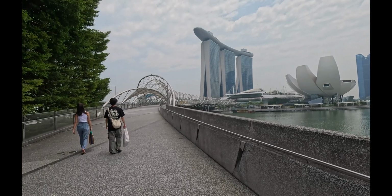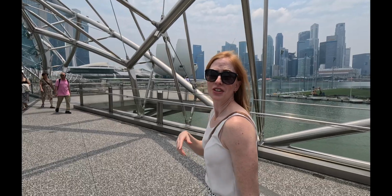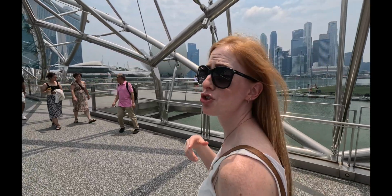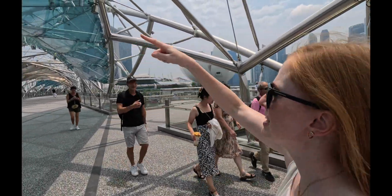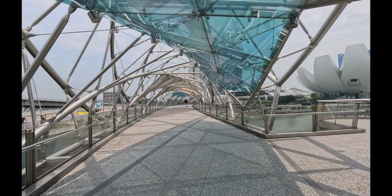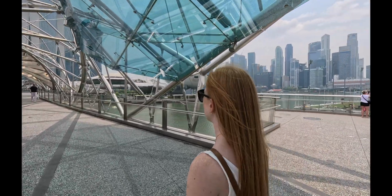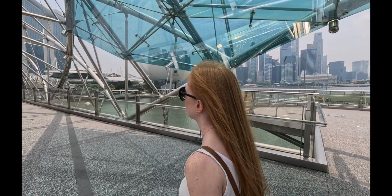And this in front of us is the Helix Bridge. The Helix Bridge is inspired by the structure of DNA. So you can see as it goes round. It's actually quite a cool design. Wow, this is such a pretty walk. So